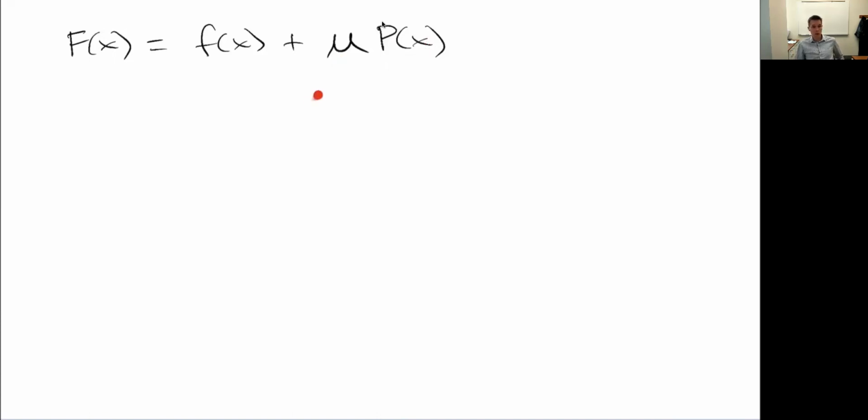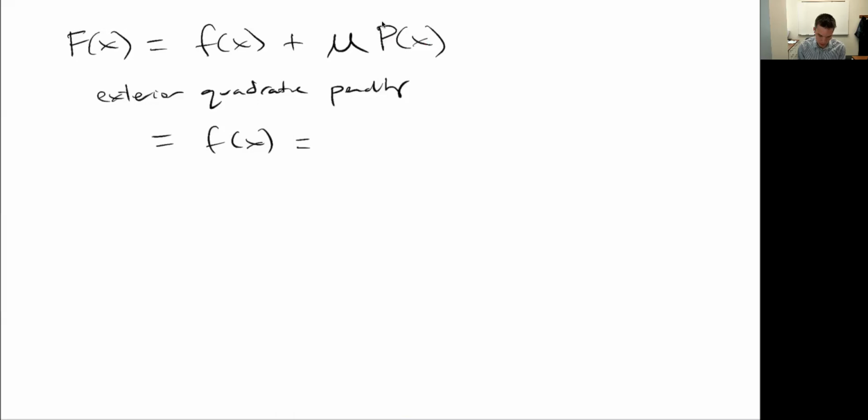In the case that we did before, we had to make mu really big. It wasn't until mu went to infinity that this would actually work exactly. And so we'd have to solve a sequence of these problems. And so we did what's called an exterior quadratic penalty. And I'll just show the inequality constraints here. Let's be a plus. And we added a 2 arbitrarily just for convenience. And we're going to sum these constraints